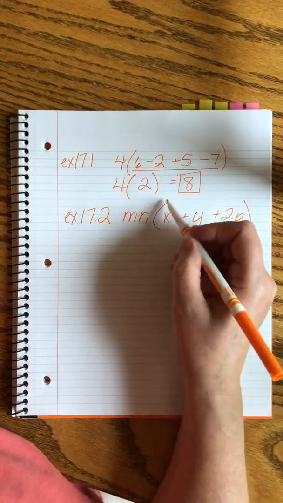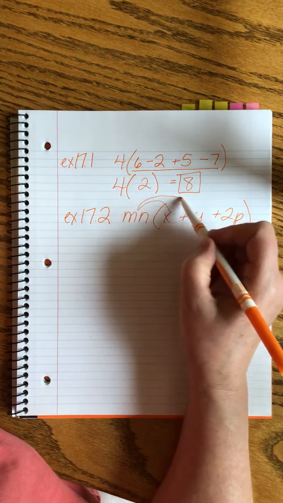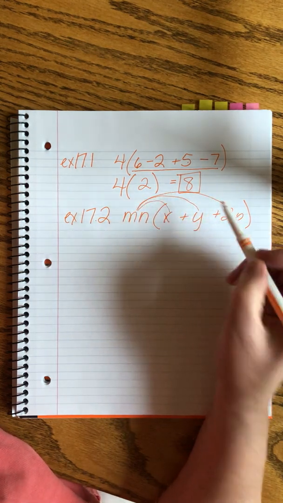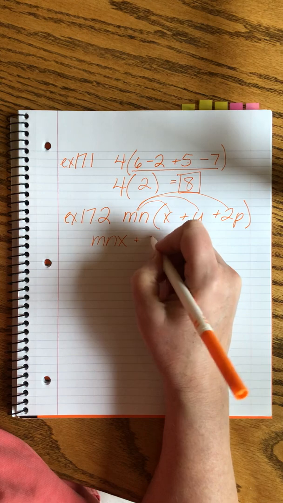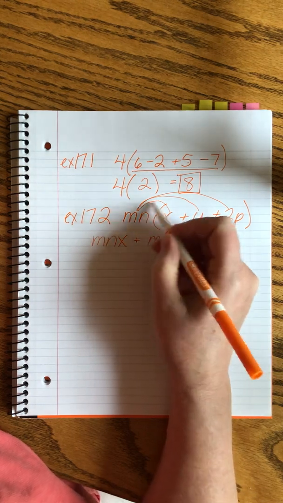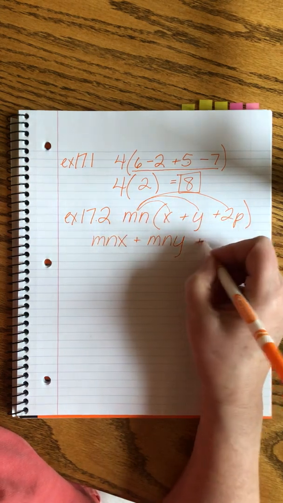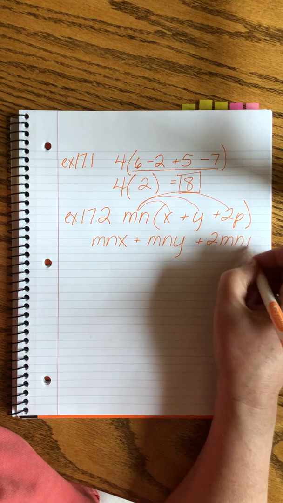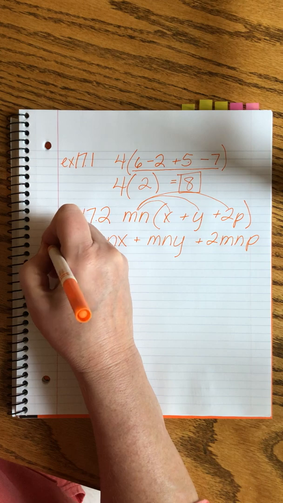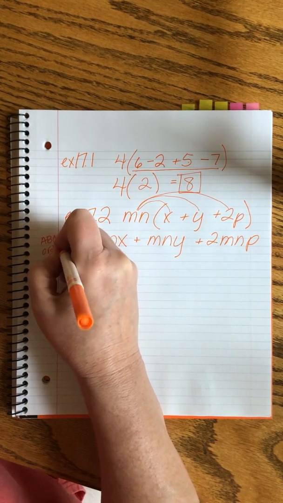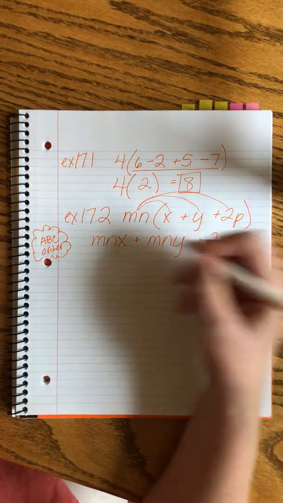So instead, because we want to get rid of the parentheses, obviously we're trying to simplify this, what we can do is multiply. mnx plus mny, right? I'm multiplying these two, then I'm multiplying these two, then I'm going to multiply the last ones. 2mnp. I always put my terms into ABC order, alphabetical order, because then if we're combining with other terms, it just makes it easier to sort out what we've got. It keeps things neater